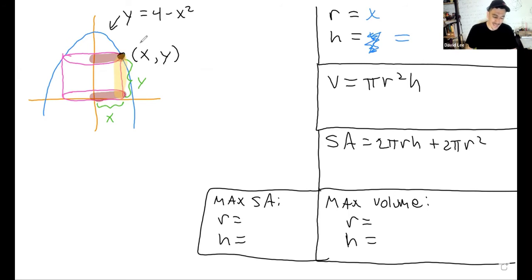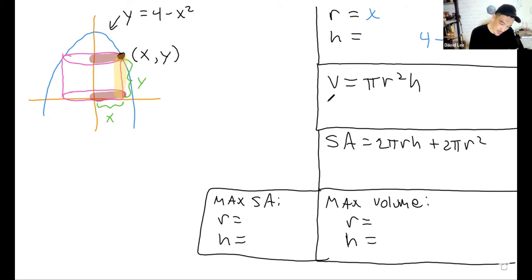Well, what does Y equal? Y equals 4 minus X squared. You see that? 4 minus X squared, that's what Y is. For this problem, Y equals 4 minus X squared, which is why I'm going to call the radius X and the height 4 minus X squared. So what we can now do here in blue again